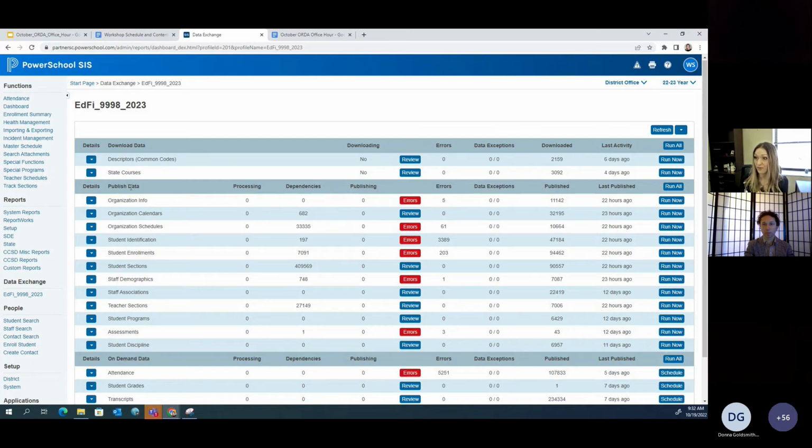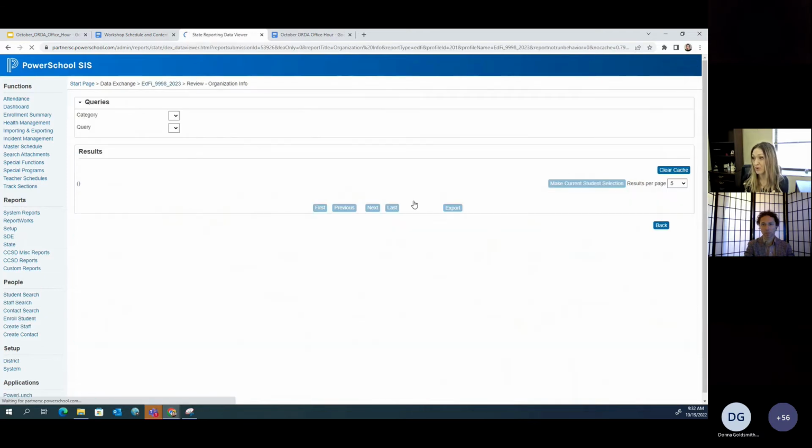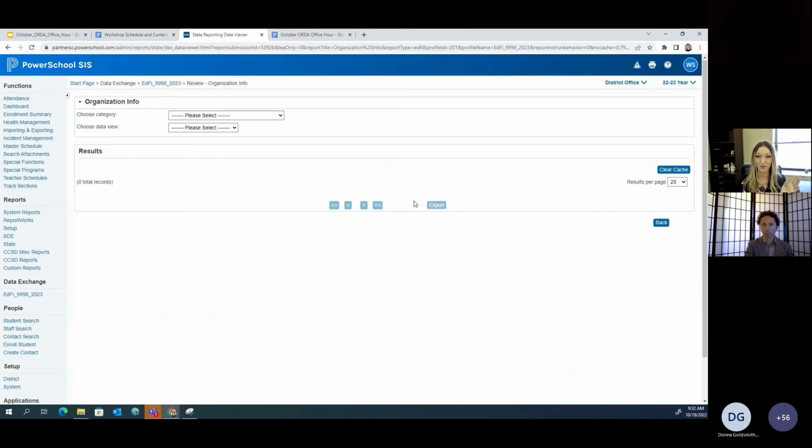You notice we have 5 here for organization info. So I'm going to click on this button. Some of you have already done this in your dashboards, and you've tried to dig in and start to see what's there. We're going to take a look at just this example today before we get to too many questions. And then you'll see this screen that gives you 2 drop downs.